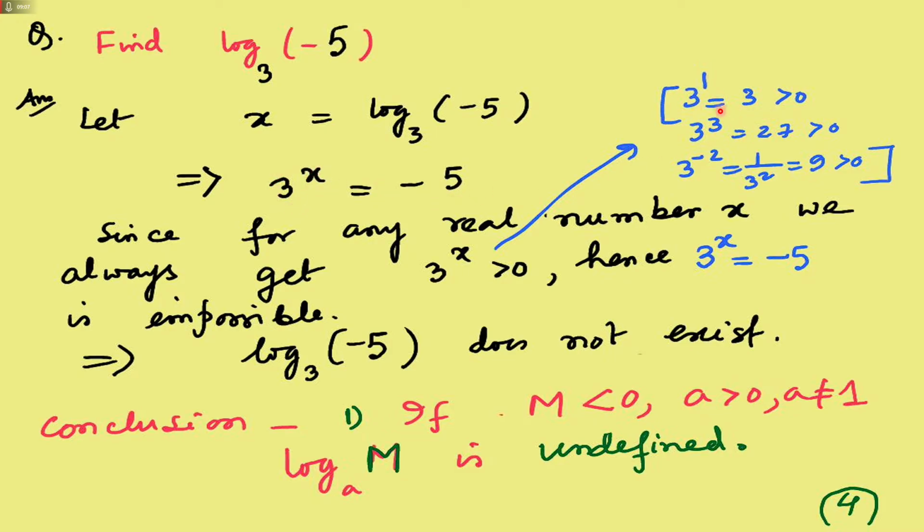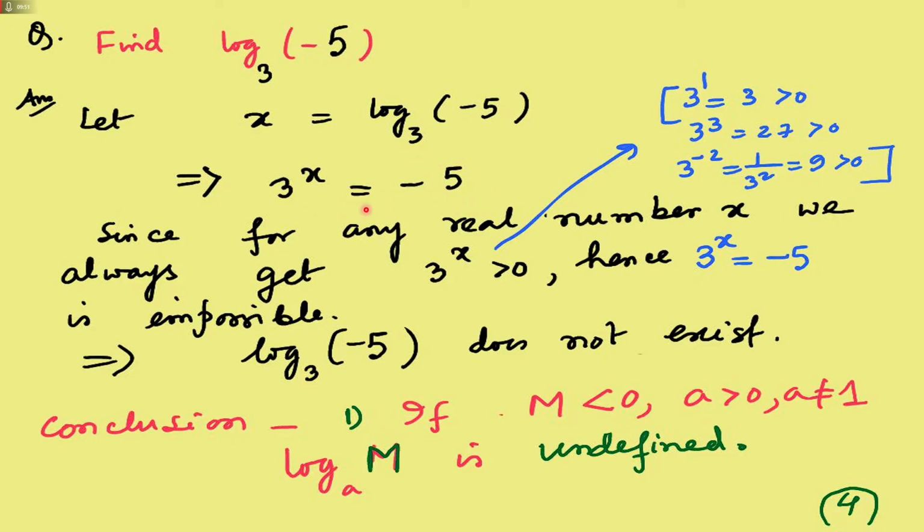which will give you minus of any number as 3 to the power of that number. Suppose 3 to the power 1 is equal to 3, which is a positive number. 3 cube is 27, this is also another positive number. Suppose x is negative, that means 3 to the power minus 2, that is 1 by 3 square, which is 1 by 9, and this is also a positive real number. It has been written here wrongly, so you just correct it, it will be 1 by 9. So if you take any real number as the value of x, you never get 3 to the power that number equal to any negative number.